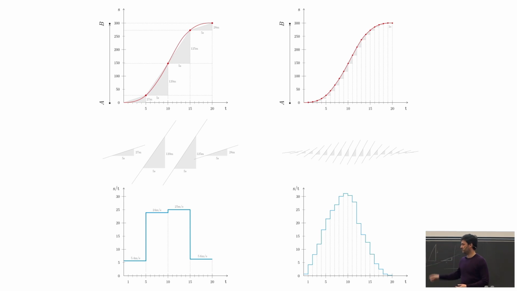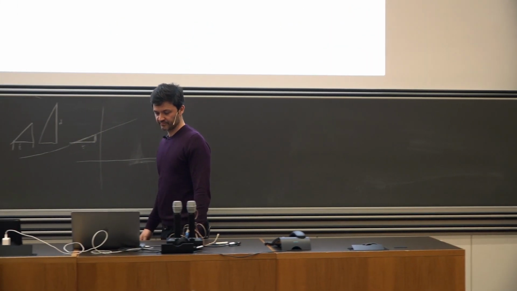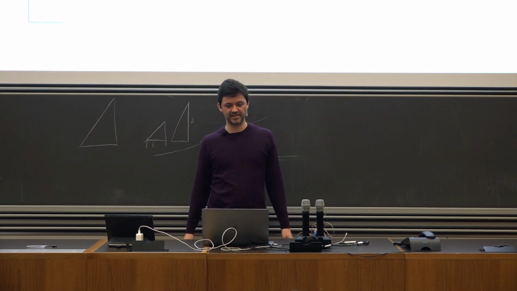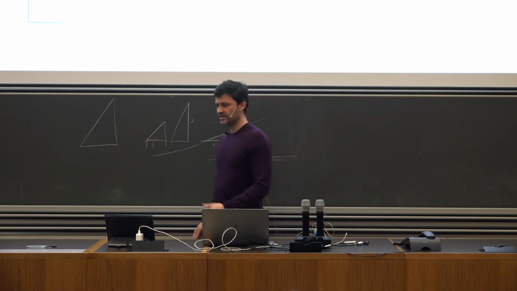And then what we do on the right is we subdivide in even more intervals. And then this blue curve, which tells us the speed, becomes something like a curve. Yeah? You can imagine that the actual speed might be a curve. But then the question is, okay, where does this lead us? How far can we subdivide, and why would we want to do this?